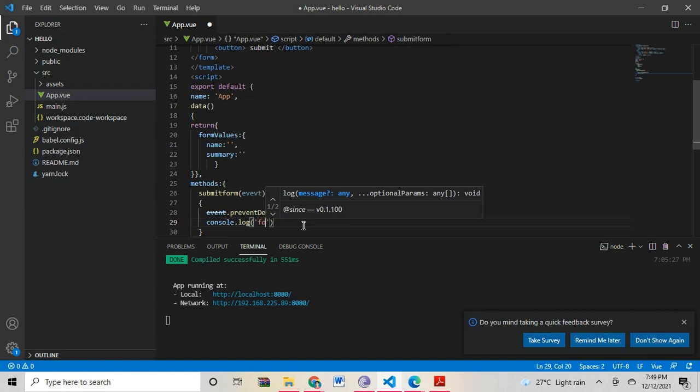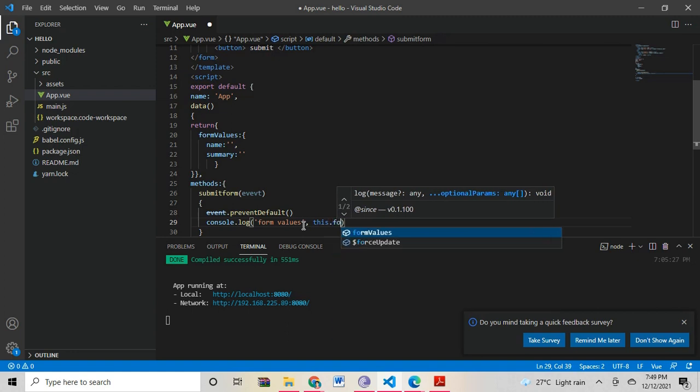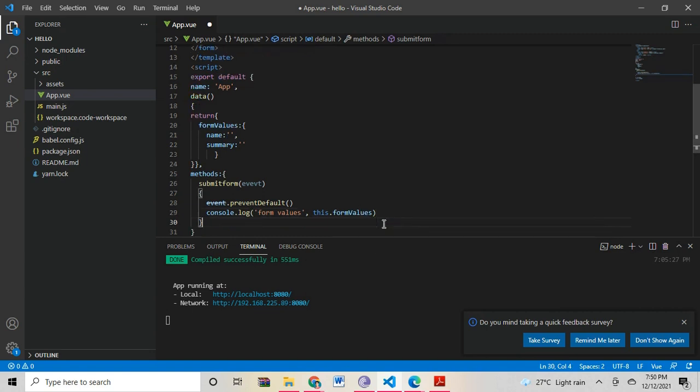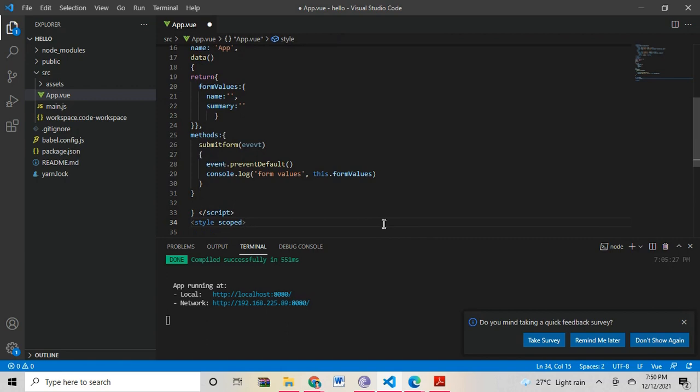So this dot form values. What is the data property I have defined here? Form values. So use that name here. Save this file.